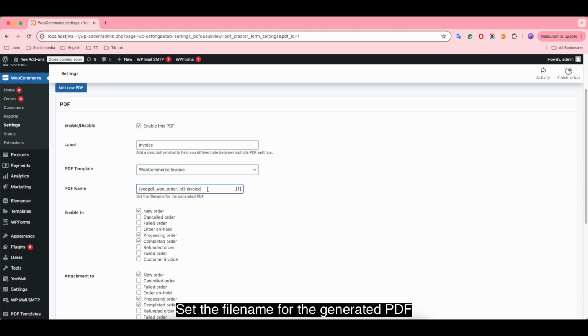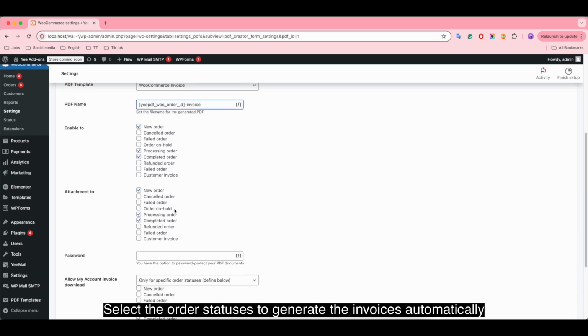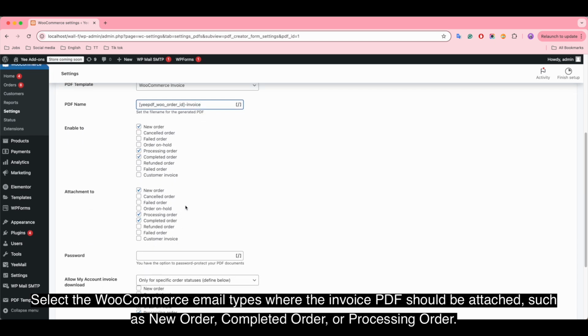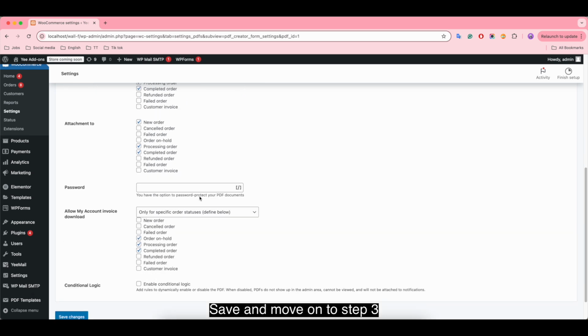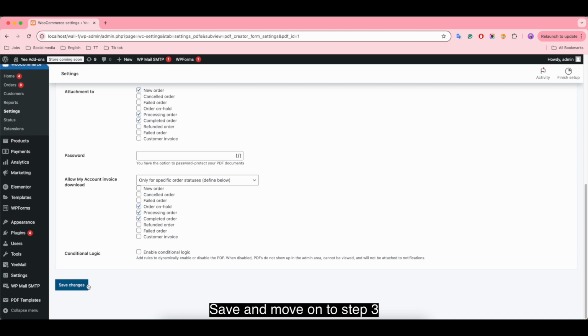Set the file name for the generated PDF. Select the order statuses to generate the invoices automatically. Select the WooCommerce email type where the invoice PDF should be attached, such as new order, completed order, or processing order. Save and move on to Step 3.